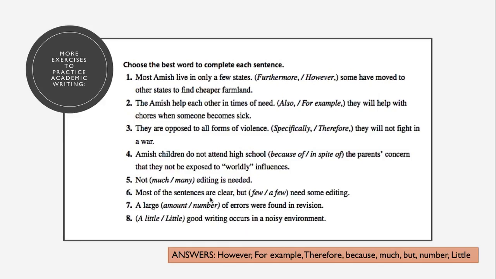Now, I wanted to talk about the difference between amount and number, and also much and many. Much is for things that are untelbar, that is, you cannot count them linguistically. So in this case, editing. You can't say there are many editings. So much editing. Like with amount. Amount refers to things that are uncountable, untelbar in English. For example,